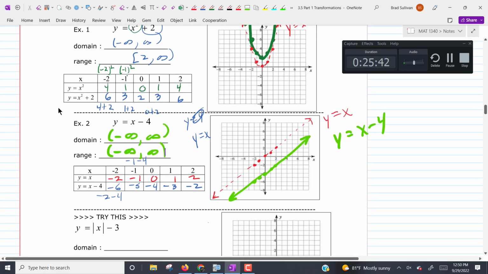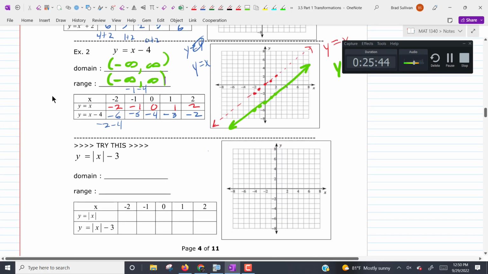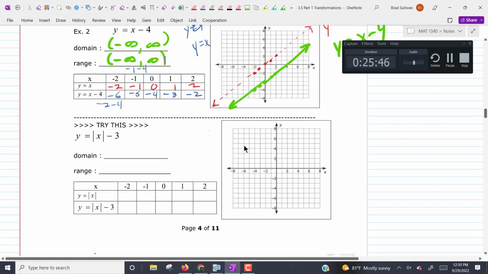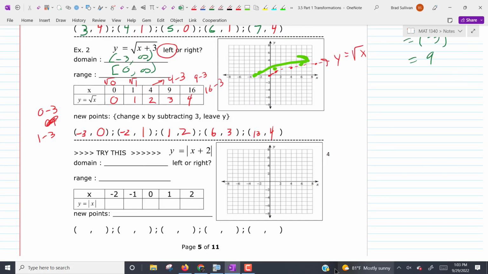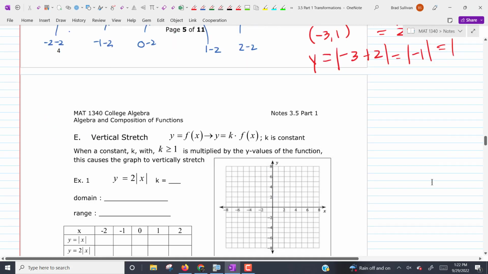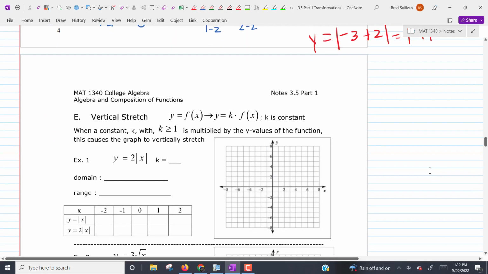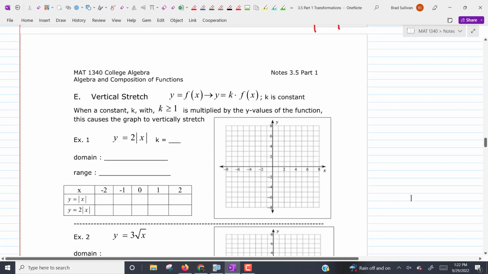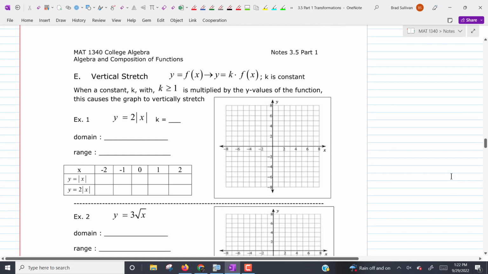Okay. All right, let's try this one. See what you can do on this one. And think about what you need to do with x's. And then we're going to try, towards the end of class, to put as much of this all together as we can. So what you're looking for in a vertical stretch shrink, if you look at these two examples,